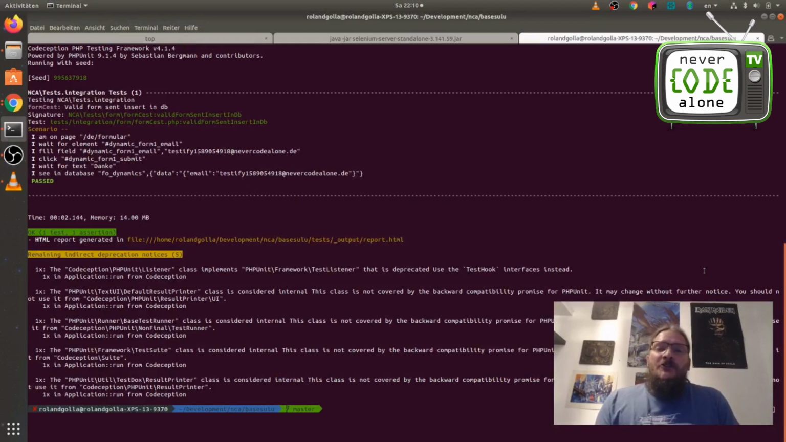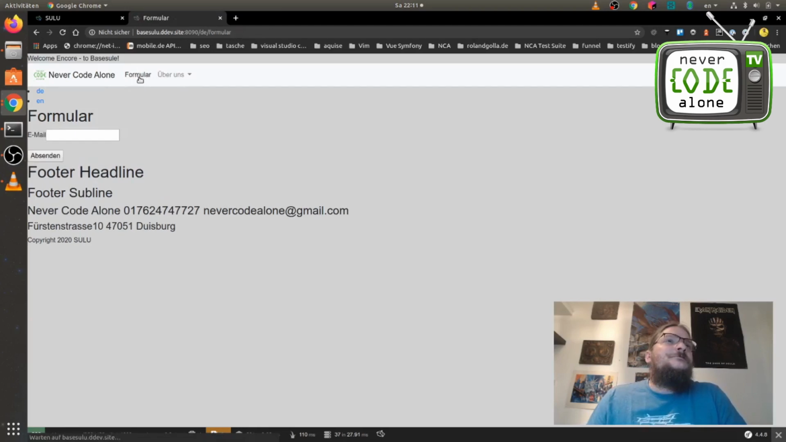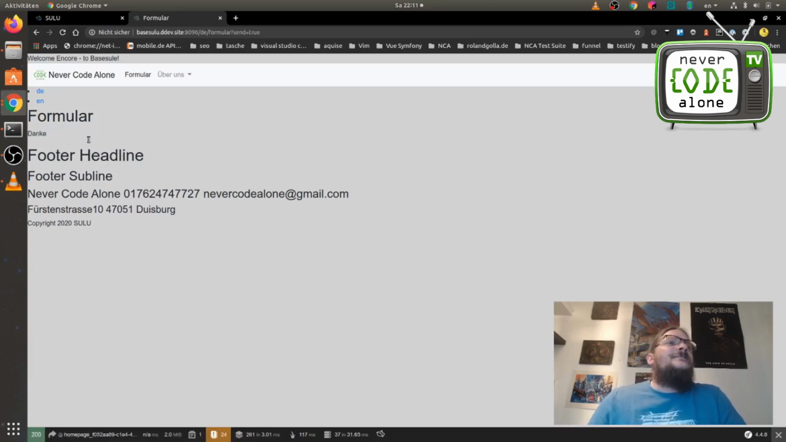So today I will show you how I write a Codeception integration test for an HTML form and check if the data is going right directly to the database. So we have here our Sulu Symfony content management system base project, and here we got a form, and in this form I can just add an email and send it, and after that there is a thank you here,